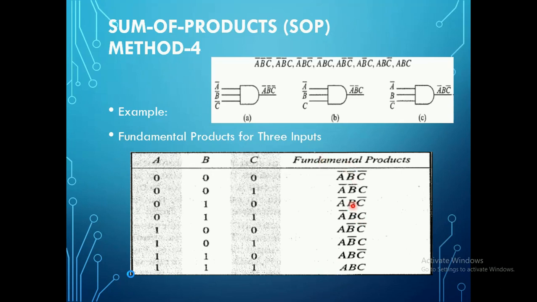So everything you need to combine these fundamental products, okay, and you add those products. So you get sum of products. So when you do the sum, you should have OR gate also. So you combine all the AND gates and those outputs from the AND gates will be given as an input to the OR gate. Okay, at last you will be getting this one single output.